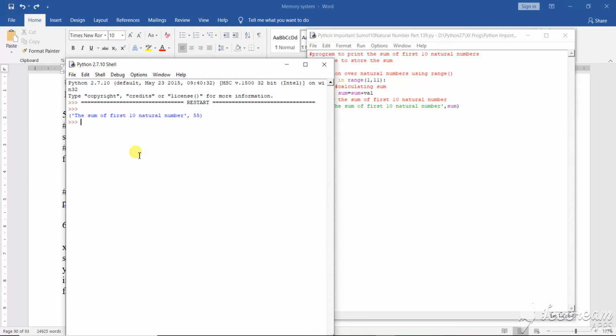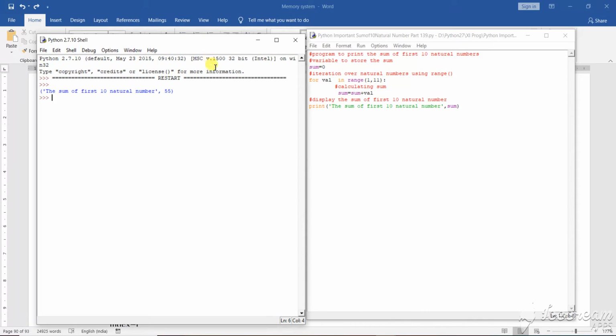You can take any type of natural numbers, you can print any pattern of natural numbers, and each natural number will have its own execution pattern. Clear?